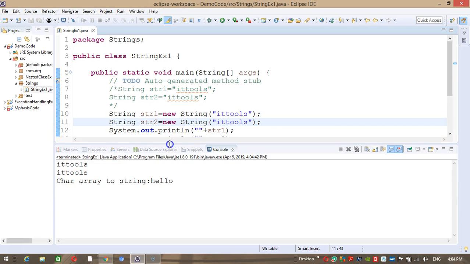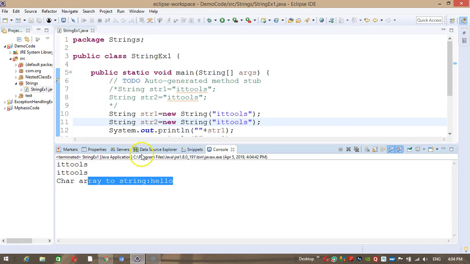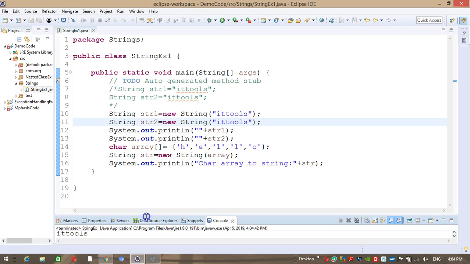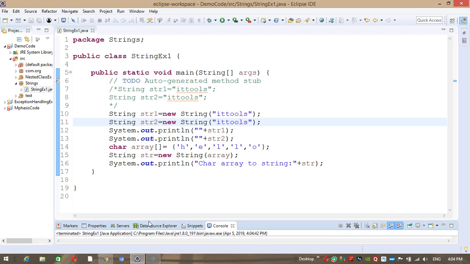Now it is displaying the complete string. So we can directly pass the character array to the constructor of the string, and it will convert the array values into a string.